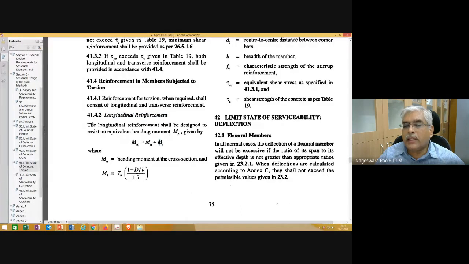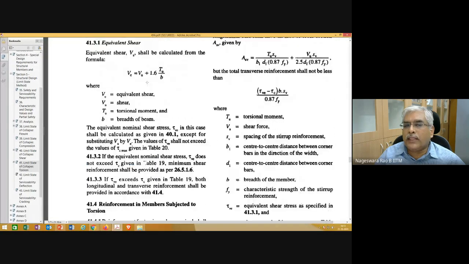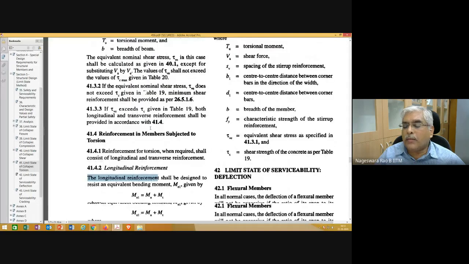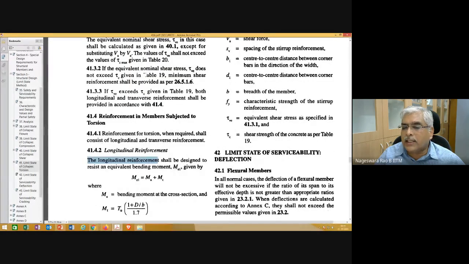Let's go through it. The longitudinal reinforcement shall be designed to resist equivalent bending moment. Equivalent shear is denoted with VE. Equivalent bending moment is denoted here, ME1 is used. There is a reason for it. You will understand in a while.